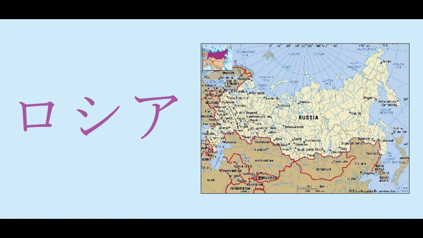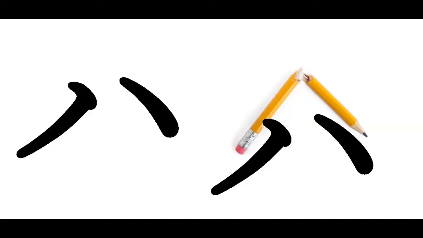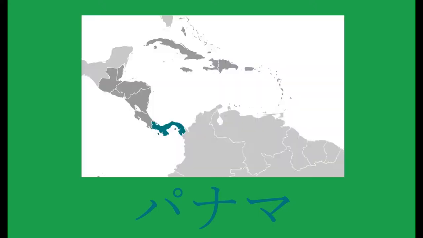Can you figure out what country this is? ロシア。Or Russia. If we break a long object in half, it looks like the ha kana. Think half to remember this kana. Here's another country. パナマ。